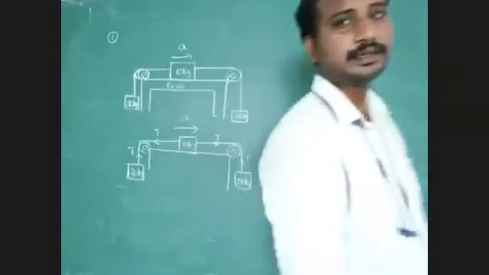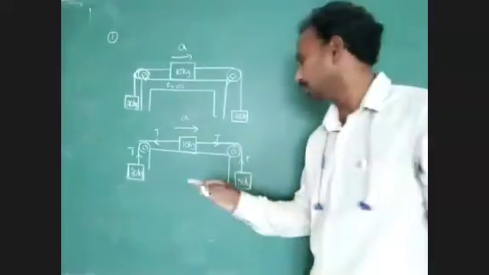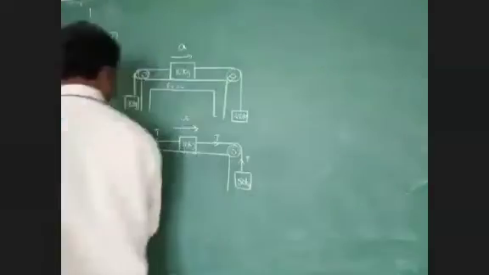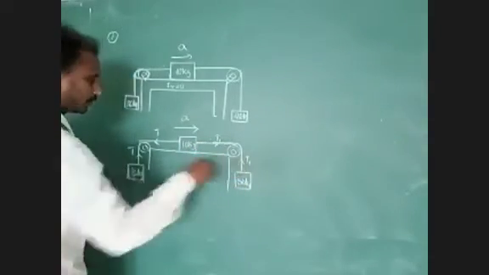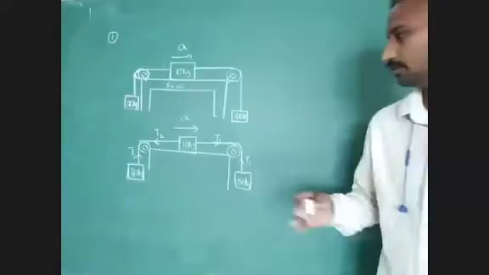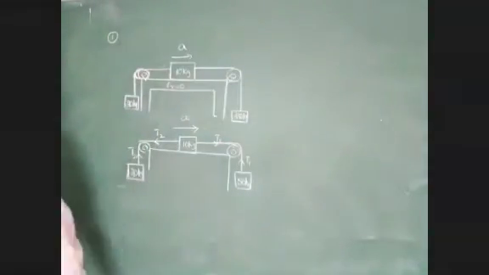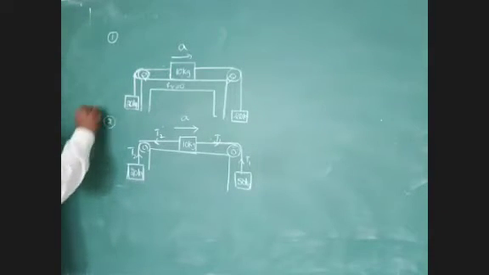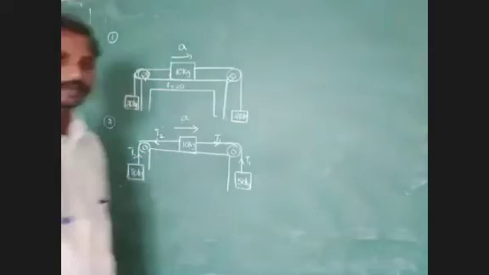Find out the acceleration of the 10 kg mass of the body, and the tension in the string you have to calculate. Here tension T1, here tension T2. Don't forget, you have to find the T2 value and T1 value and the acceleration of the 10 kg mass. It is the second example problem.